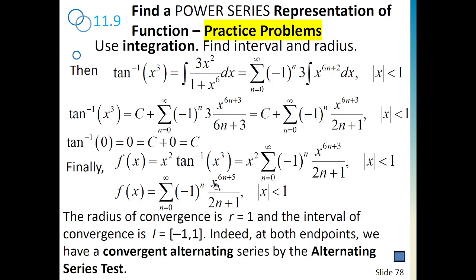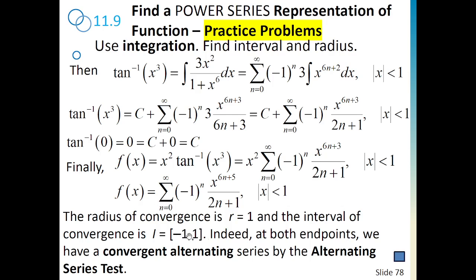If I plug in 1, I'll have an alternating series, 1 over 2n plus 1. It's easy to verify by the alternating series test that this is convergent. And if I plug in minus 1, again I'll get an alternating series with the same expression, so it is also convergent. So in this situation,